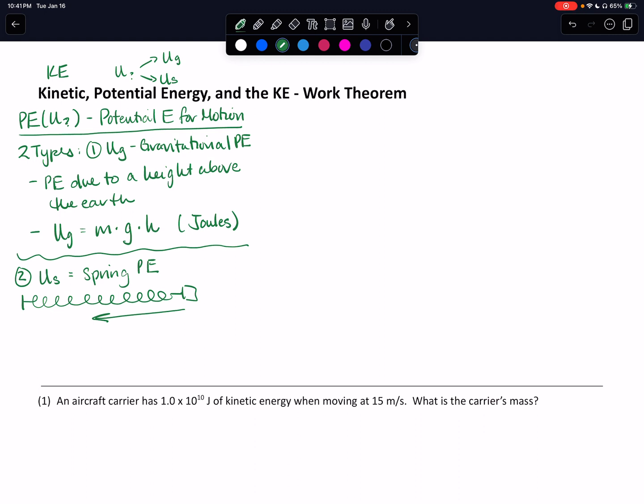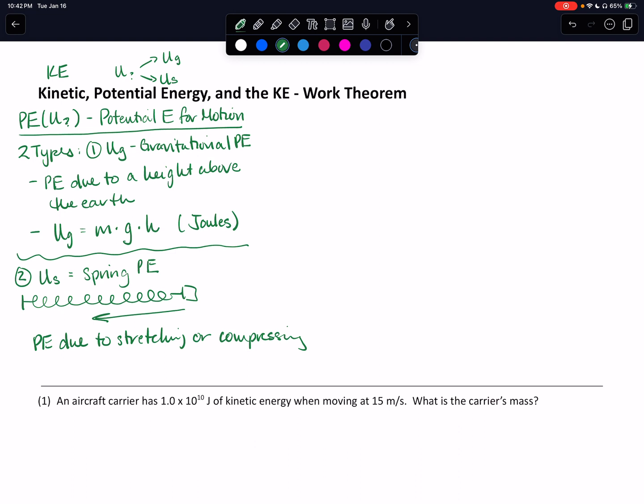Now, we could do it the other way. If we had a spring that had been stretched out already, we could compress the spring, and then when we release it, it snaps out. It's the same idea. It's either by stretching it out or compressing it, but when we release it, it goes back to its equilibrium position. All right, so it's potential energy due to stretching or compressing